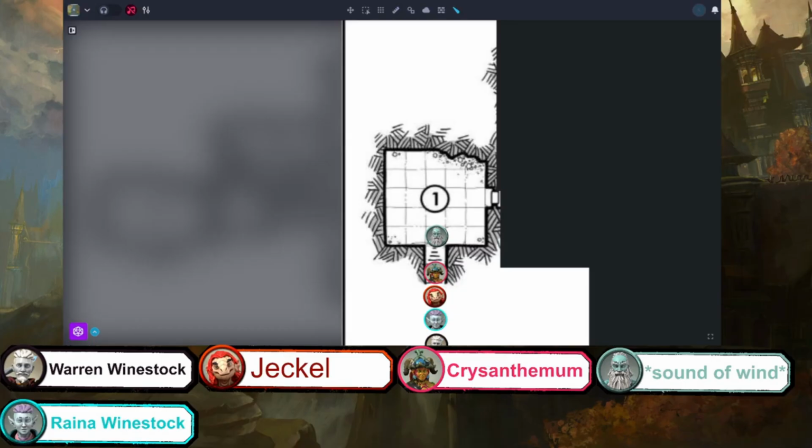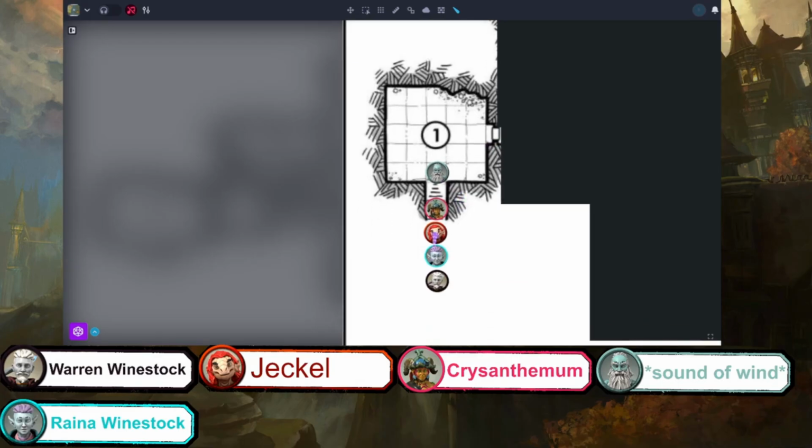Prisoner's Dilemma, are you willing to give your reaction to give Warren a way to step through? Okay. Yeah, I'll step to the side. Cool, so everybody squeezes against the wall, and Warren, path is cleared for you to run through. Yeah, Warren rushes forward and swings his greatsword at this creature.